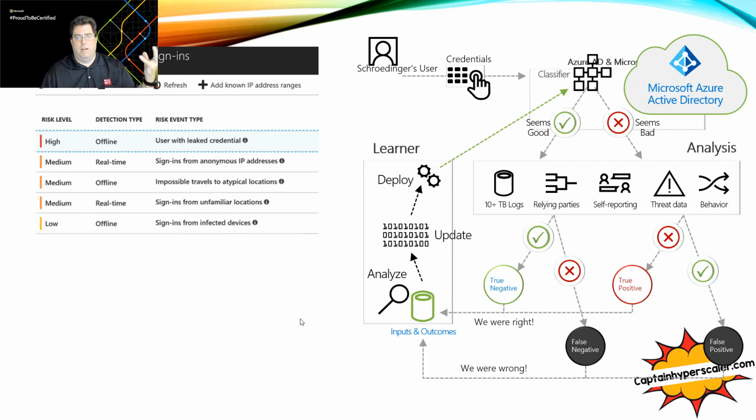It might be device and device compliance. It might be, again, impossible travel, anomalous IP addresses, potential thoughts that this user's credentials might have been leaked, or if they have an infected device. So all of these things go through this diagram on the right in terms of what Microsoft is constantly looking at in terms of risky users within Azure Active Directory. And these all come into play in those conditional access policies and work hand in hand with them,